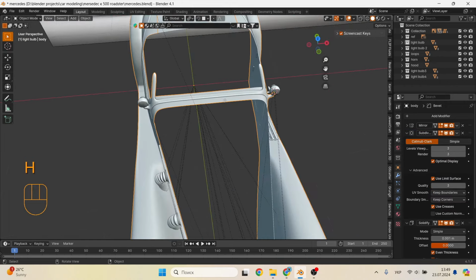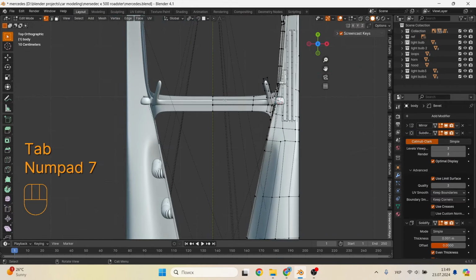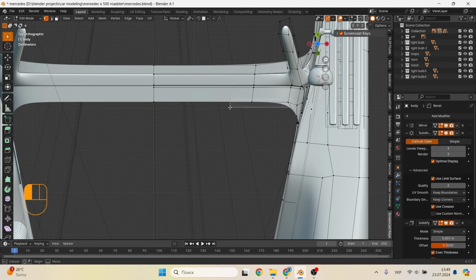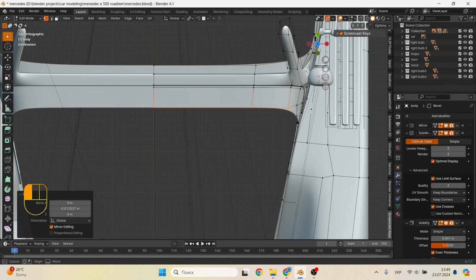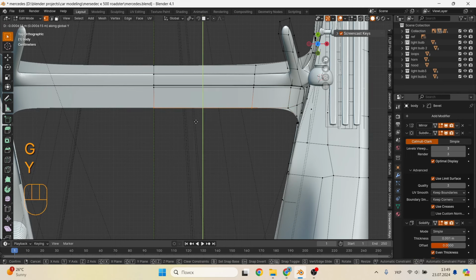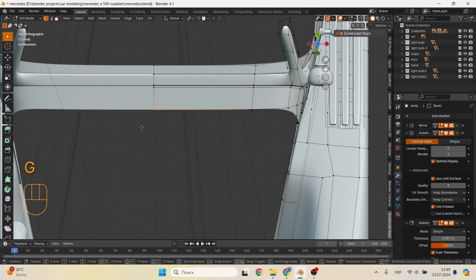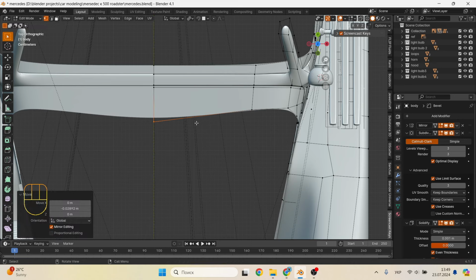Now we can conclude that we need to change the appearance of the car body a little so that we can continue creating a frame for the windshield. We need to make room for the central pillar of the frame. And so go to Edit mode and press button 7 on the numpad to switch to the top view. We need to move these 3 vertices a little along the Y-axis. But not just move them, but at a slight angle.